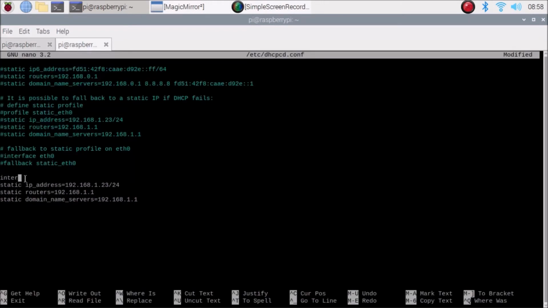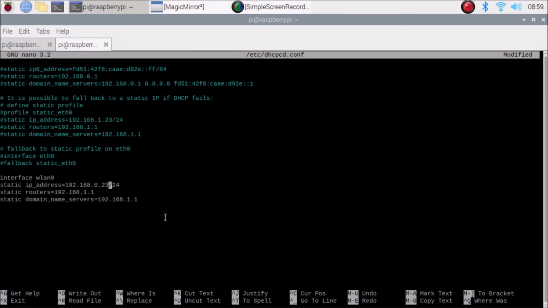So interface wlan0. Then the static IP address means the IP address which we want to set for the WLAN interface. As I told you, the router gateway is 192.168.0.1, so we need to mention the IP address in that particular range, 0 dot, and then go up to 255.